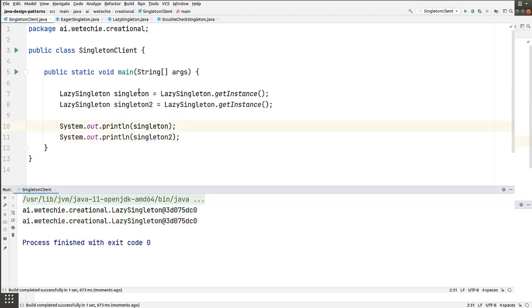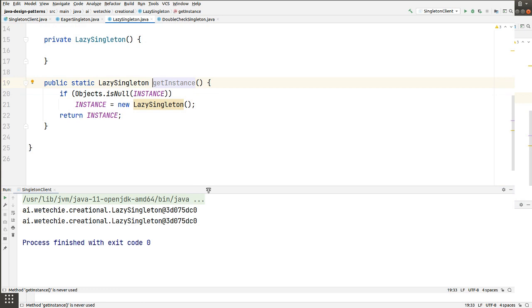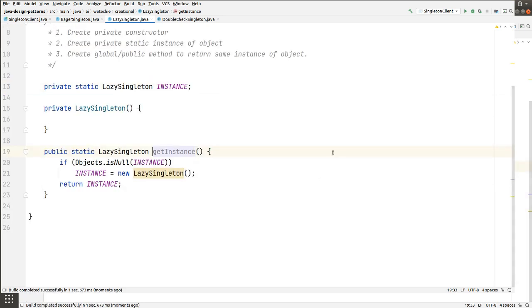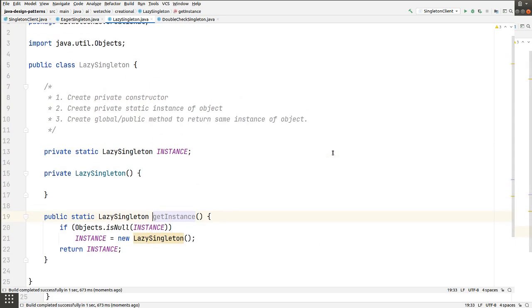Okay, but we have another limitation here: it supports only a single-thread environment. If you have multiple threads running on a multi-core system, it will break the rule of the singleton design pattern, right?